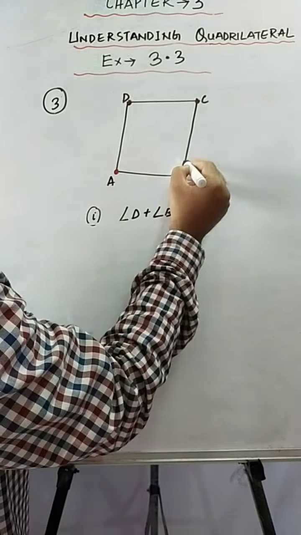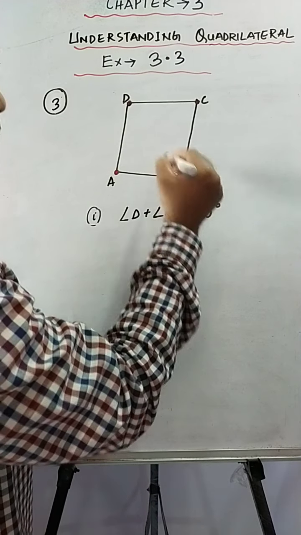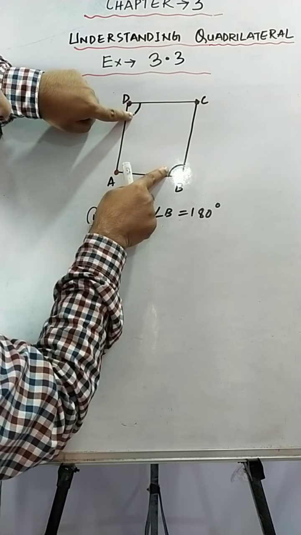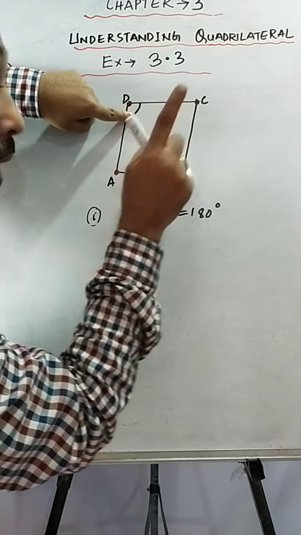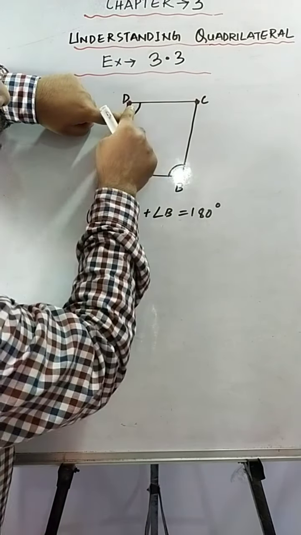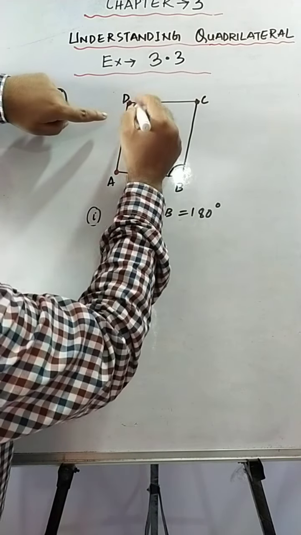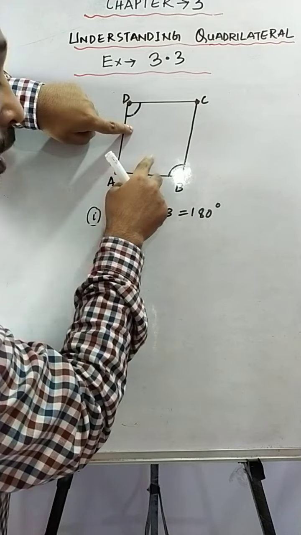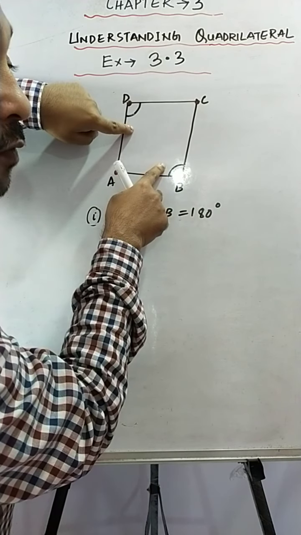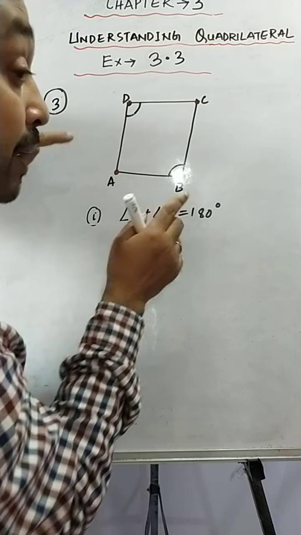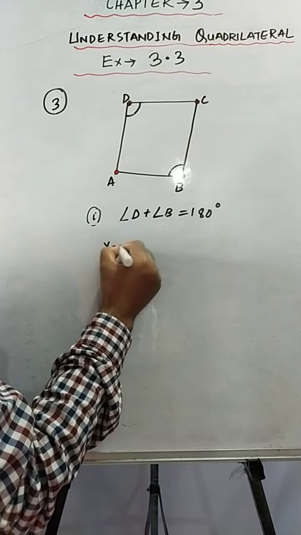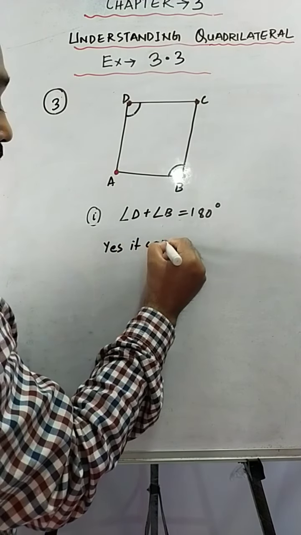See, we know that in a parallelogram, since we are talking about these 2 angles, isn't it? These 2 angles. So the sum of these 2 angles can be equal to 180 degrees, but only when these 2 angles are equal to each other. That means this should be 90 degrees, 90 degrees. Then only this could be said as a parallelogram. So it is only possible in the case of a rectangle and square. Fine, but since it is possible, so we can write yes, it can be.